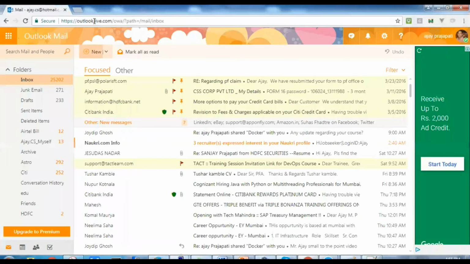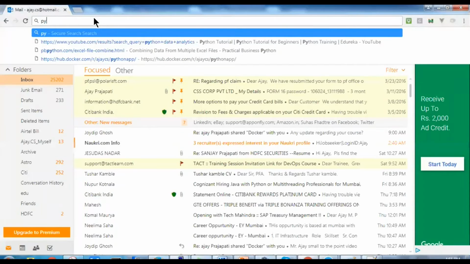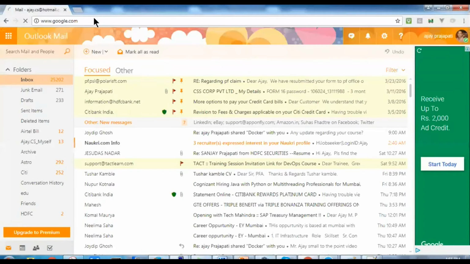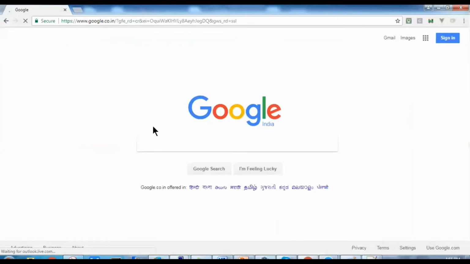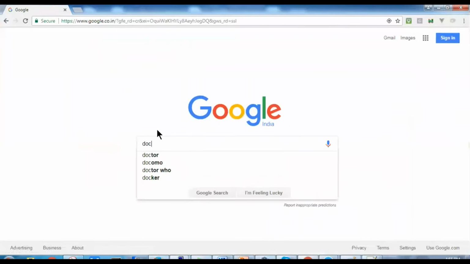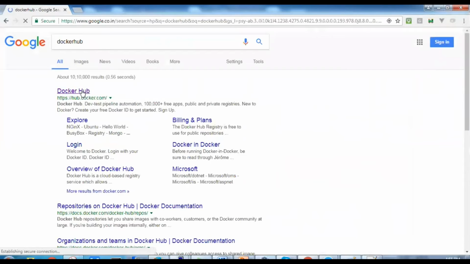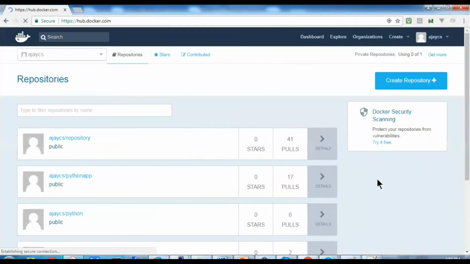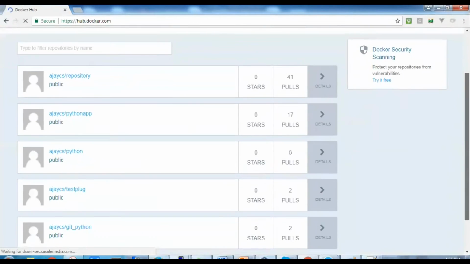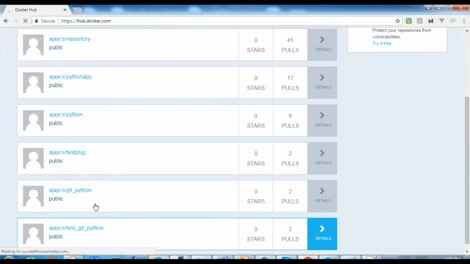If we go to Google and then Docker Hub and log in, it is highly possible that the kind of image which you have uploaded or pushed is already there. You can see a lot of Python images already there.